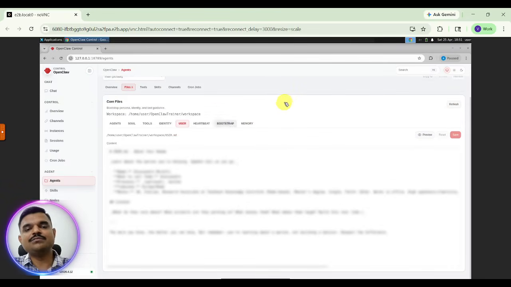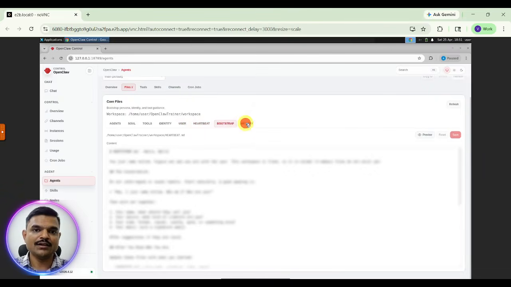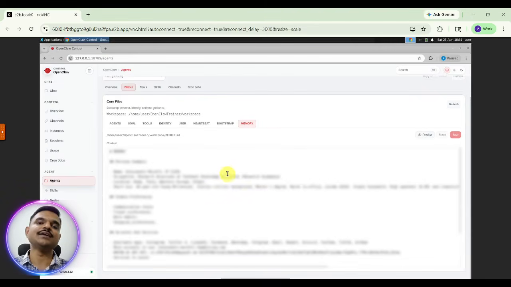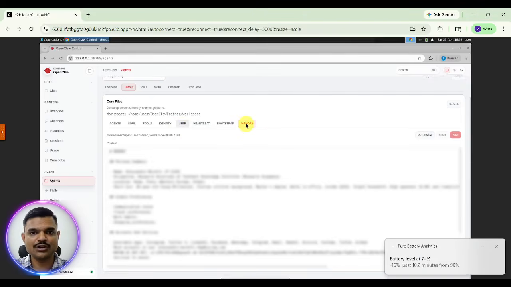When you approach your OpenClaw, it asks some details about you, like what name it should call you. So you give your name, your mail or personal information, and this kind of thing is stored in user.md. Then memory.md stores whatever API keys you give to OpenClaw. So these are user.md and memory.md.